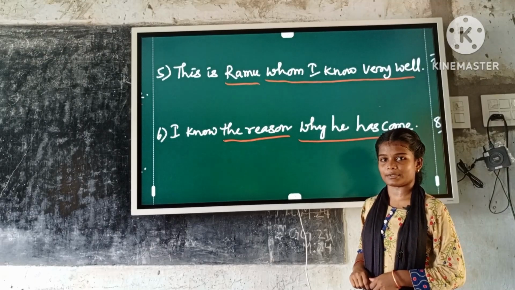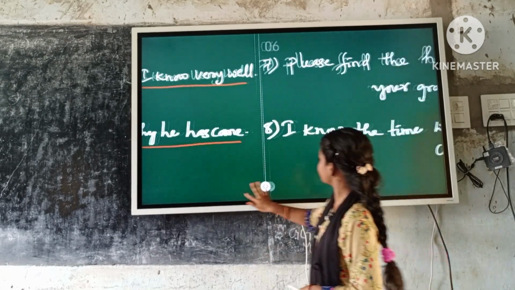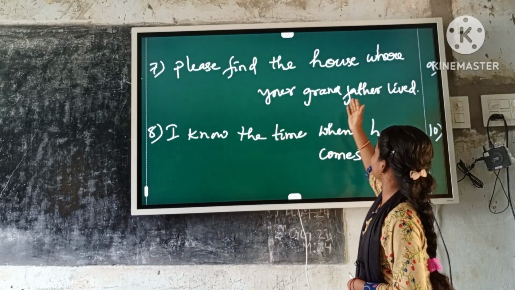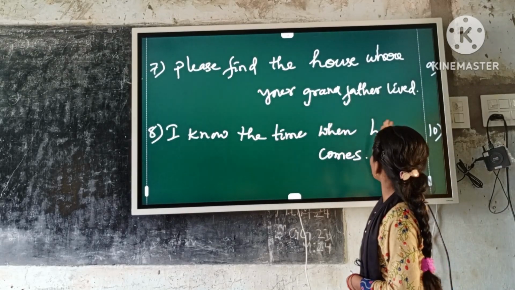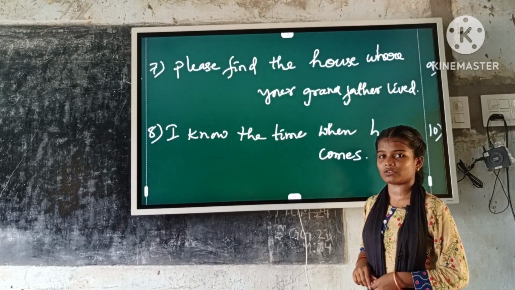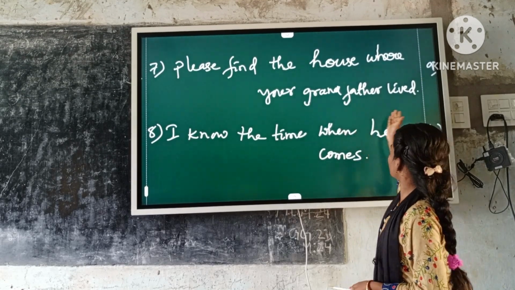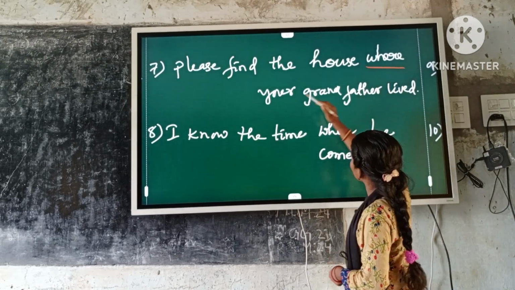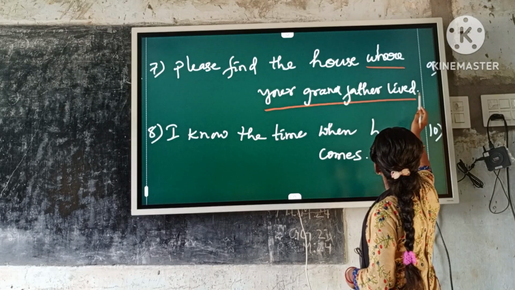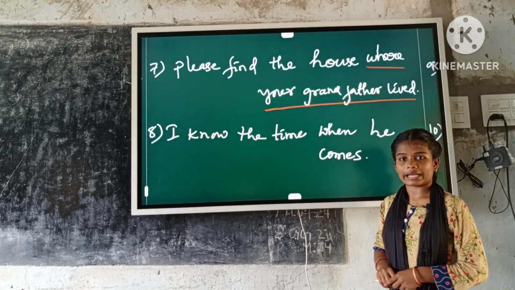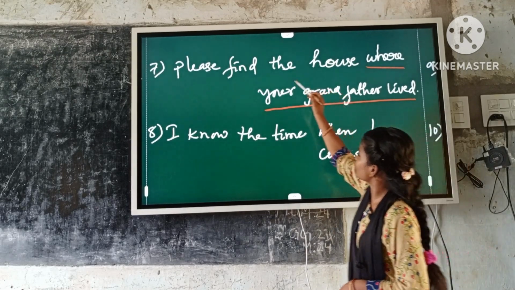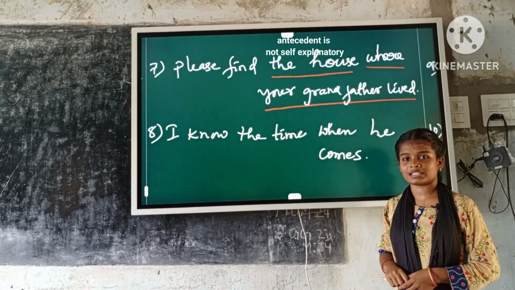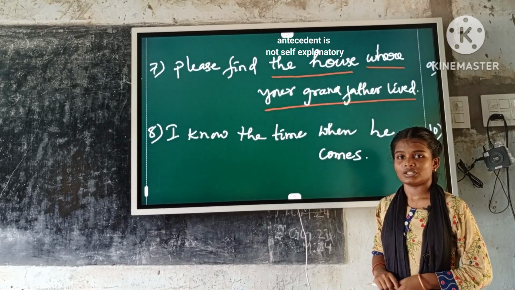Now some more examples. Seventh example. Please find the house where your grandfather lived. Here relative clause is where your grandfather lived. Antecedent is the house. Here antecedent is not self-explanatory. So relative clause